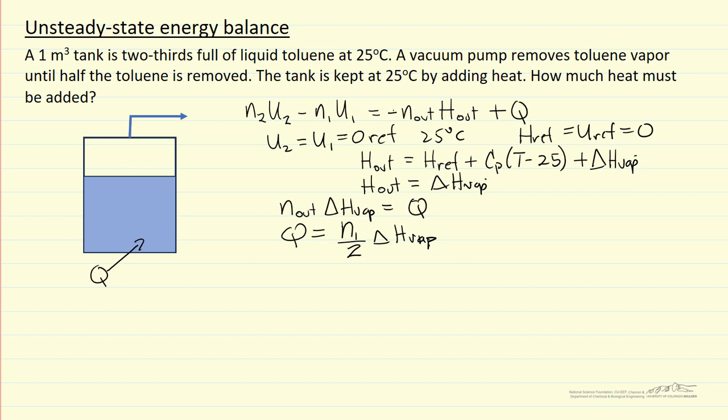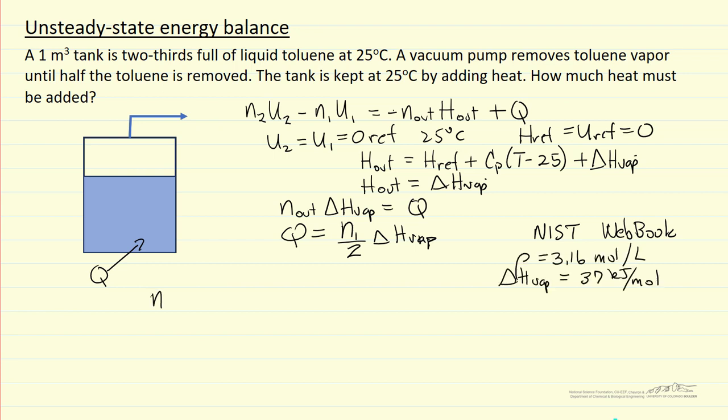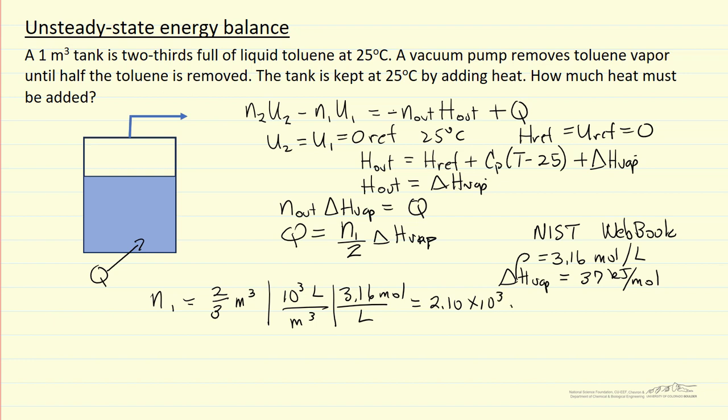for this type of problem. Now, to get the numbers, we can go to the NIST Chemistry WebBook, and it has values that I'll just write down. So this means we can solve for the number of moles initially in the tank. 2/3 of a cubic meter is the volume of liquid, and then there's 10 to the third liters per cubic meter, and then because we have the density in moles per liter, 3.16 moles per liter, the number of moles we start with is 2.1 times 10 to the third moles,